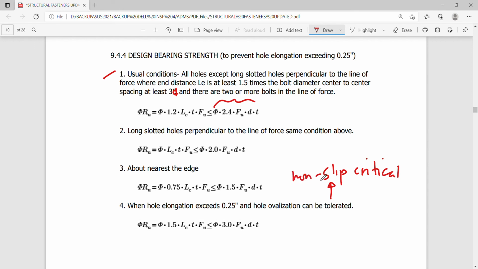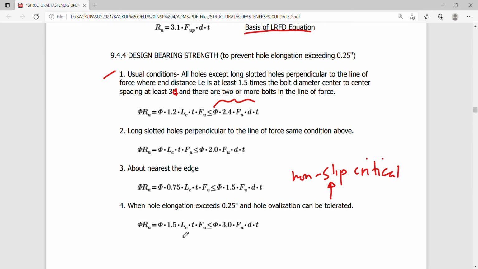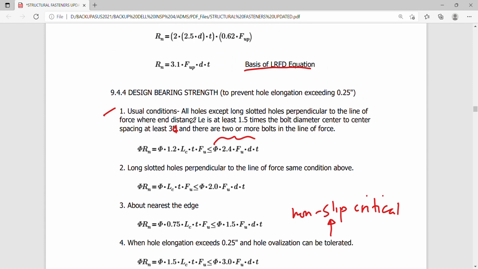Okay, these are bearing connections. Then this is bigger than this one, but still less than 3.1, the basis of the LRFD equation. Okay,